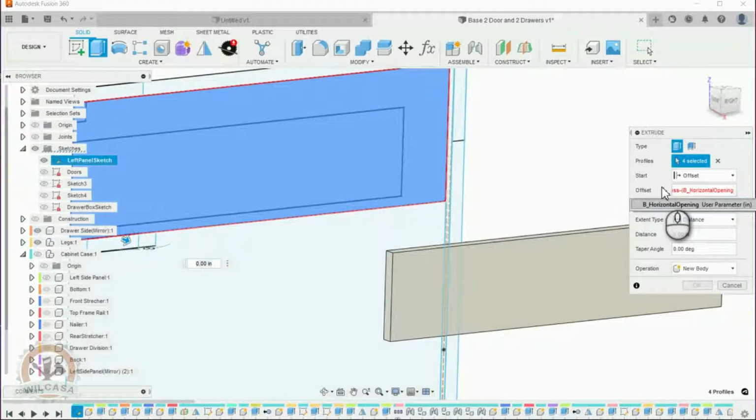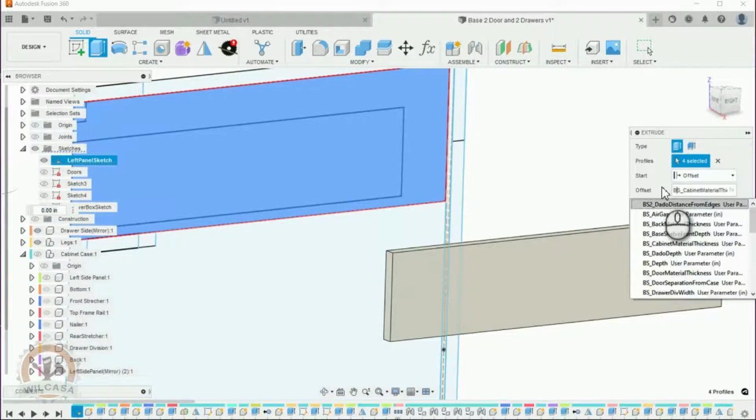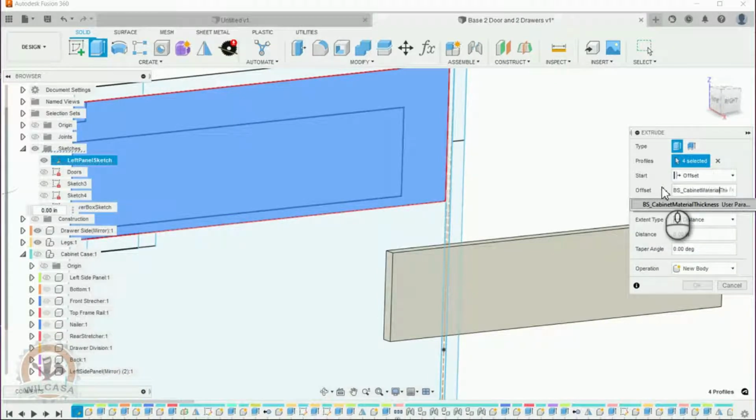Before I divide that, I'm going to add another parenthesis over here, and I'm going to subtract a cabinet material thickness, which is going to be the thickness of the same part we are creating, the vertical drawer partition. And I'm going to close this command and divide it by 2 and close over here. So let me go back so you could see what I have over here: the offset is cabinet material thickness, which is the left panel,